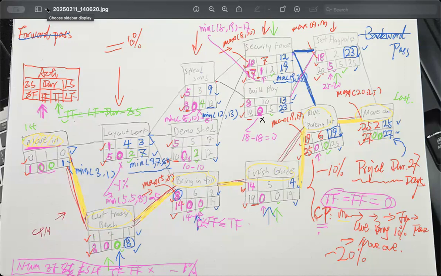Okay, so if no more questions, I would like to share something over here. When you look at the total float and free float, you will see the free float is usually for this activity itself. It can be delayed and will not impact the next activity, right? But the total float, the definition is without impacting the project delay. So let's see how many